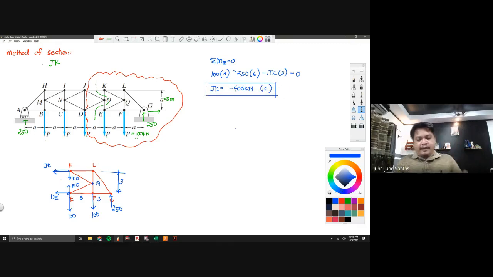Again, you may cut 4 sections or more as long as most of them will have a 0 moment about a certain point para makancel. Otherwise, wala kang masasolve. Okay po? So, lesson dito, ang cut